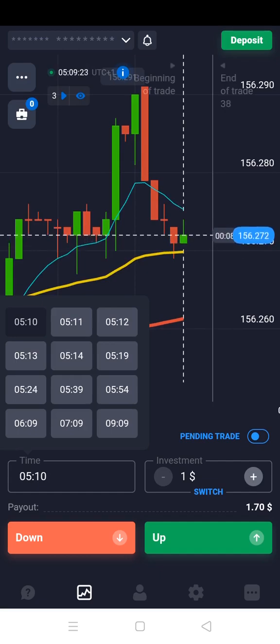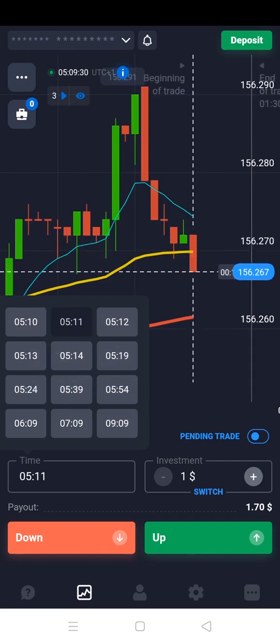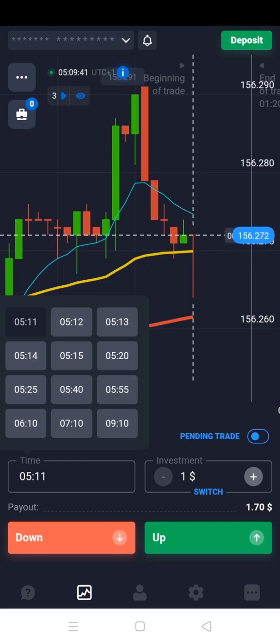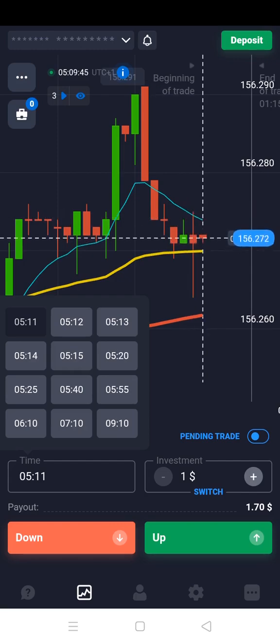So what this tells us right now is that from this particular timer, you see 5:10 as the first one. Okay, the next one is 5:11. The next one is 5:12. The next one is 5:13. The next one is 5:14, all the way to 9:10. Okay, so what this means is this: